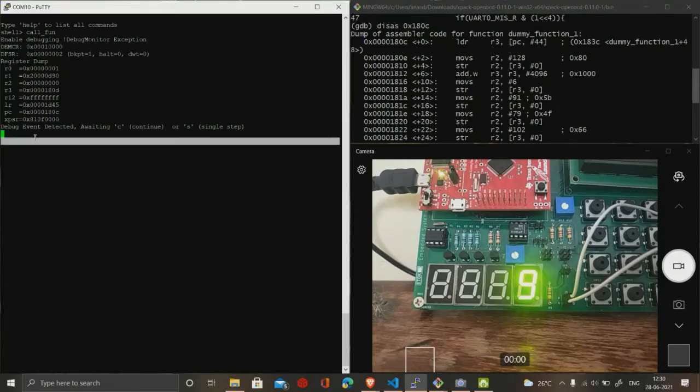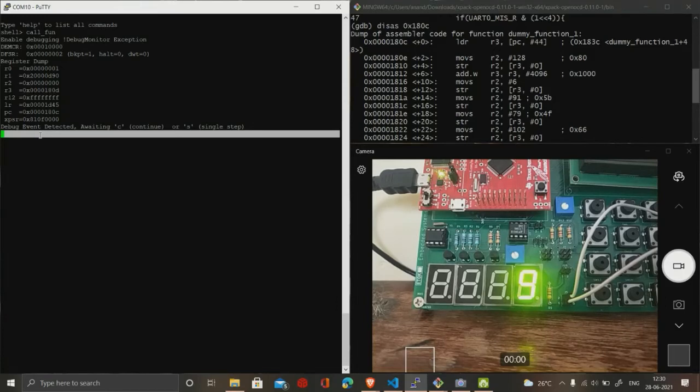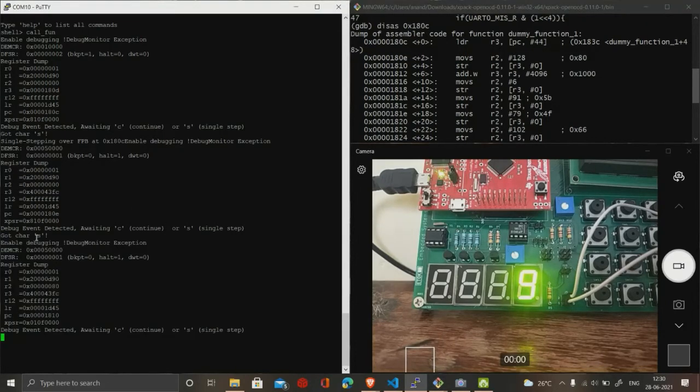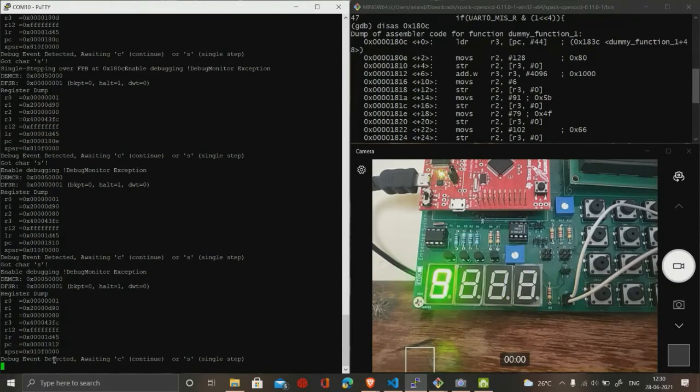Now I will press S. As you can see, our program counter is incremented to this location, which is the location of the second instruction of our function. Similarly, if I hit S once again, it will go to the location of the third instruction of our dummy function. Now I will hit C again.